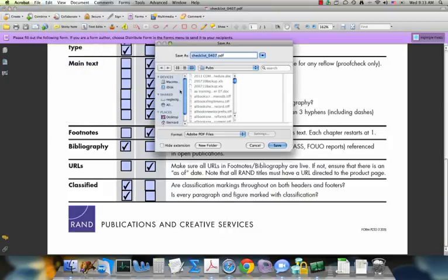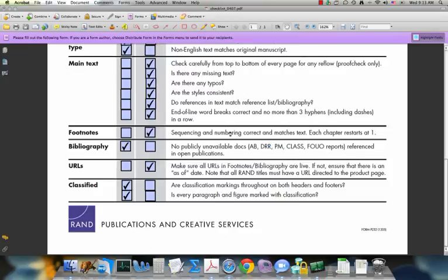So now I can simply save this as whatever I want on my hard drive. The other thing I can do, and we don't have a signature box on this particular form, but that's okay, we can pretend,